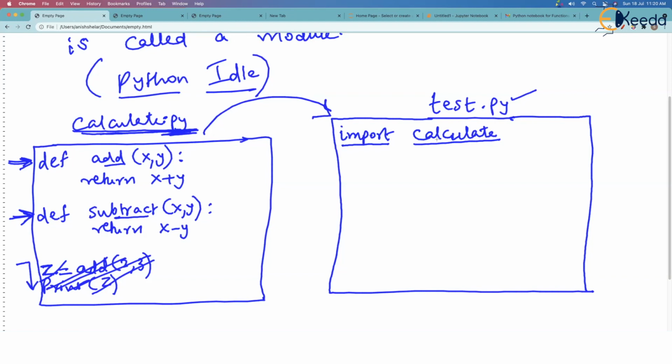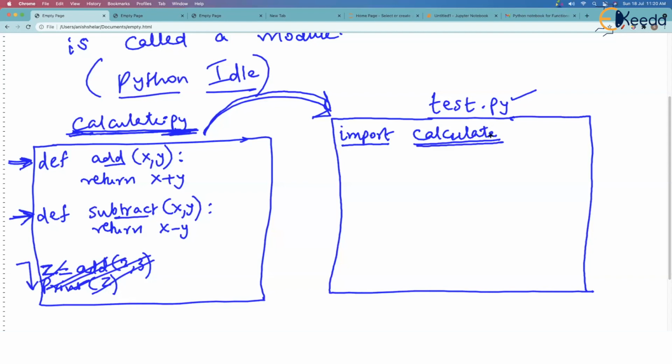Note the use of this calculate.py. Calculate.py has two functions and promises that it will give service to other programs. Whoever wants these add or subtract functions can easily import them by just writing the name of the module. That's it.